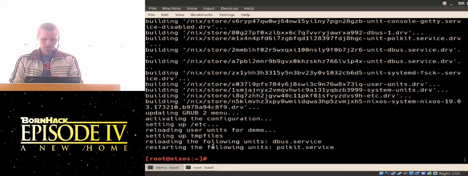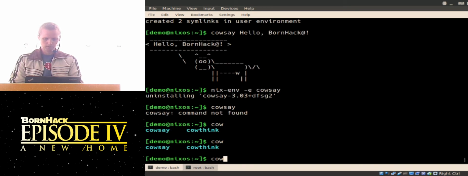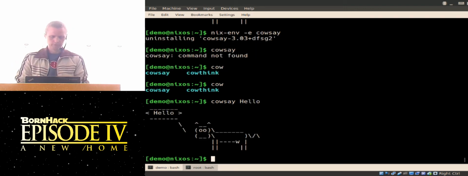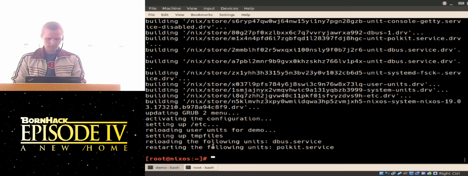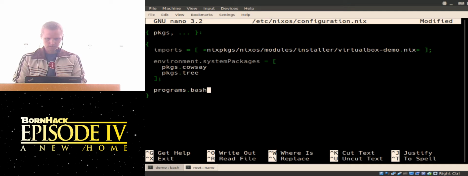And that's pretty much it for what I want to say. So if I go in here, I should have cowsay installed. Now it's a bit annoying to have to say cowsay hello BornHack every time. So let's create a bash alias for that. programs.bash, let's see, shellAliases, I think it's called.